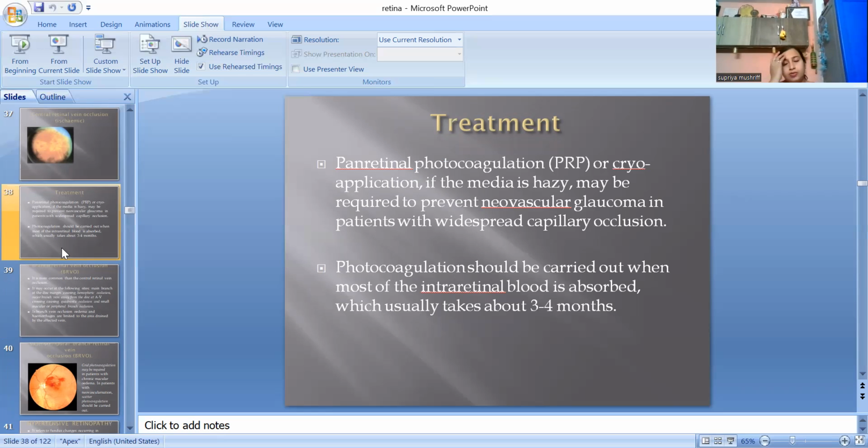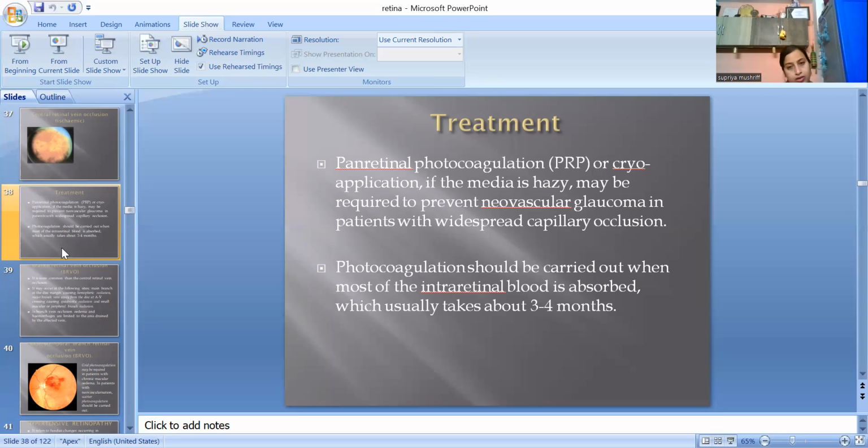So what are the differences between ischemic CRVO and non-ischemic CRVO? In first, visual acuity will be more lost in ischemic as compared to non-ischemic. Then pupillary reaction will be having RAPD in ischemic, non-ischemic can have normal pupil. There will be superficial hemorrhages, which will be more marked in ischemic CRVO. Macular edema will also be more marked in ischemic CRVO,